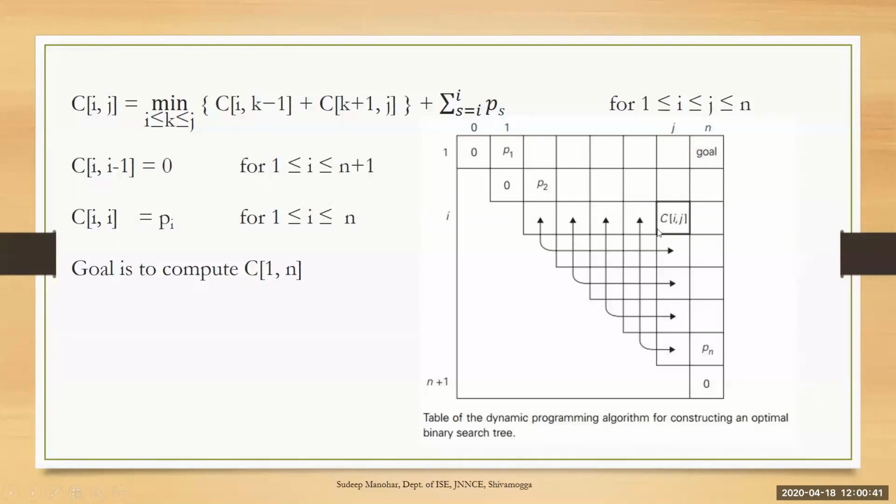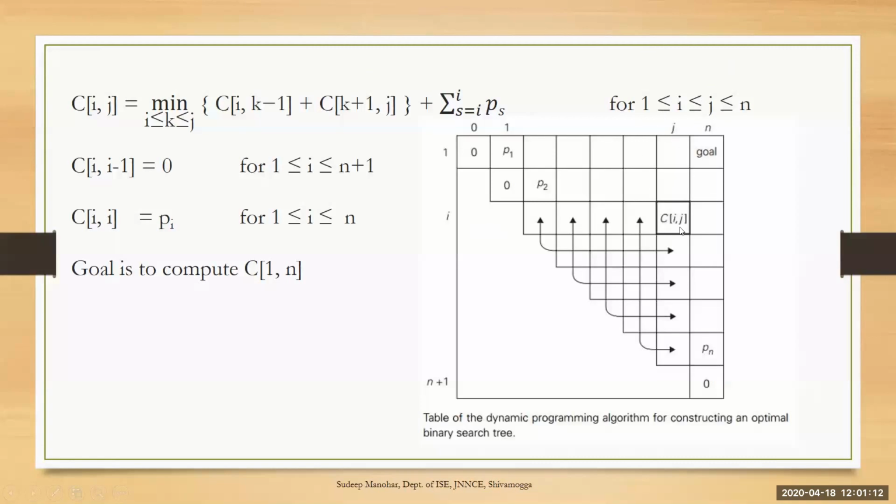And what the previous slide tells us, you take any cell C of ij, for example this boxed cell, the marked cell C of ij. What is i here? We consider i as 3. So this is row number 1, the second one is row number 2, the third one is row number 3. The value of i is 3 here. What is the value of j? We'll take j as 4, 3 comma 4.